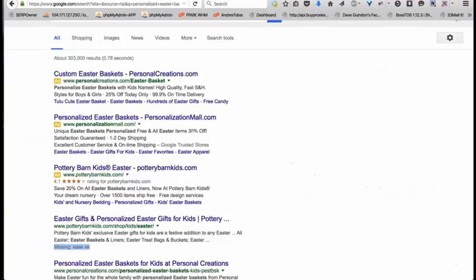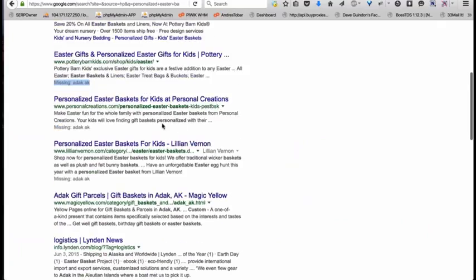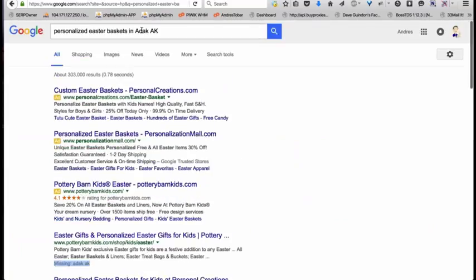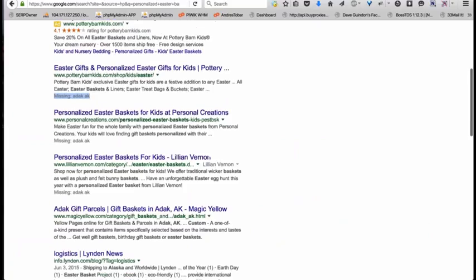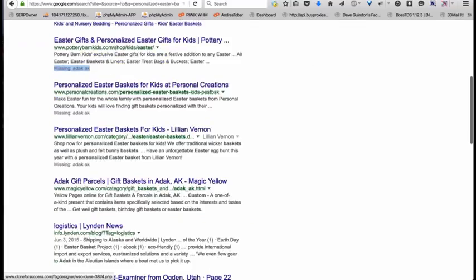If we notice the results, all of these are ranking for personalized Easter baskets, but the keyword we put in was specifically in Adak, Alaska, and these are missing that. Nowhere on that page does it mention that city. So just the fact that you have that city in there somewhere, more than likely you're going to end up in one of those top 3 results right away.